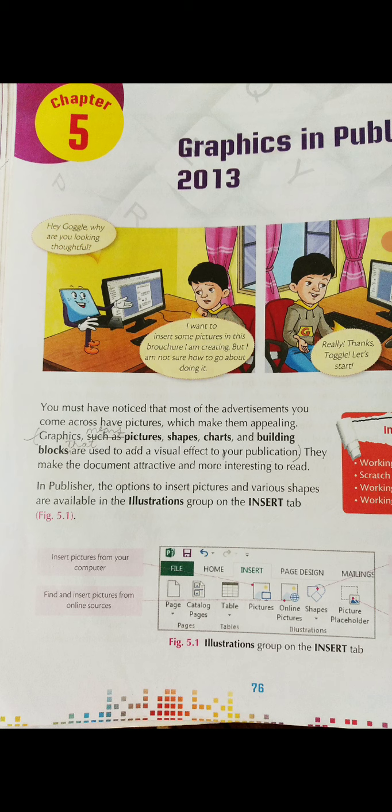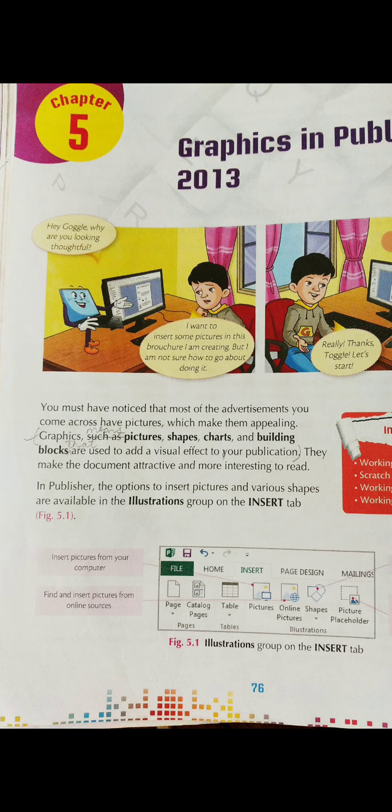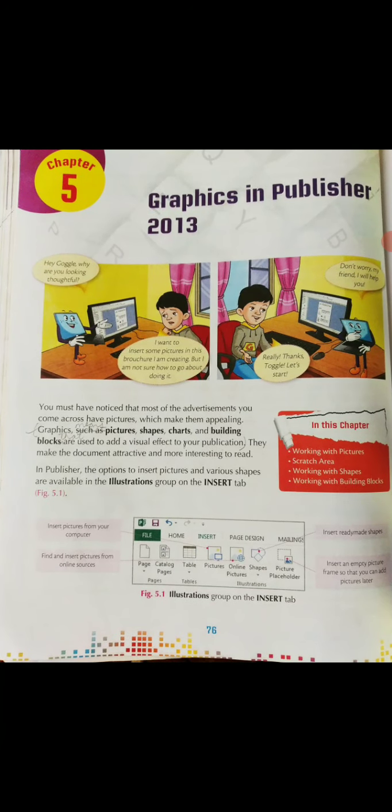At the toolbar at the top, where the screen is displayed, you will get your Insert tab, in the Illustration group. When you click with your mouse on the Insert tab, you will find a gallery of pictures. Go to Picture and click on it. You will get different sorts of images there. Clear?